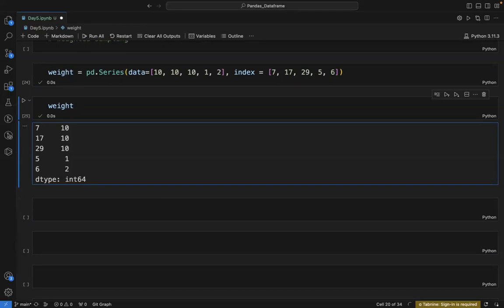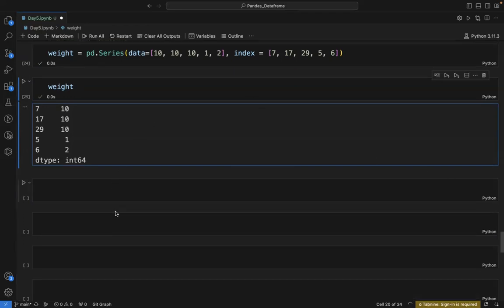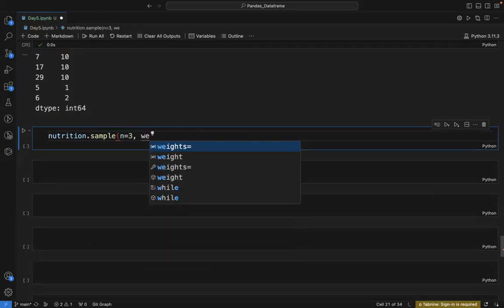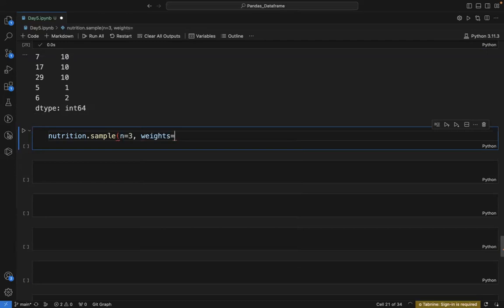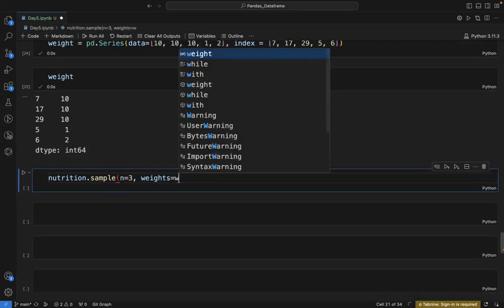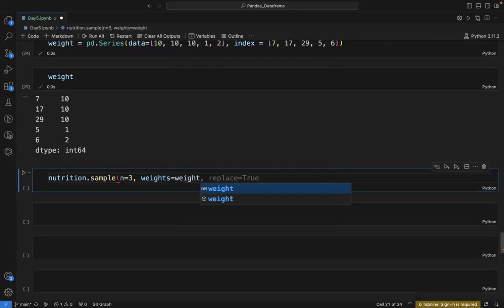Now, in the nutrition dataset, let's write nutrition.sample, and n equal to 3, and there is one parameter called weights. So inside this parameter, I am passing this weight. If I pass this weight and then run this,